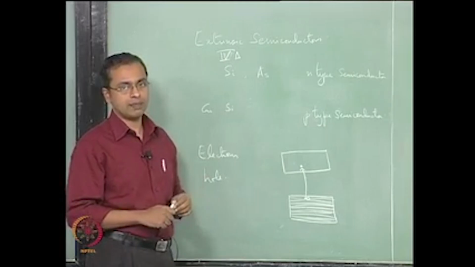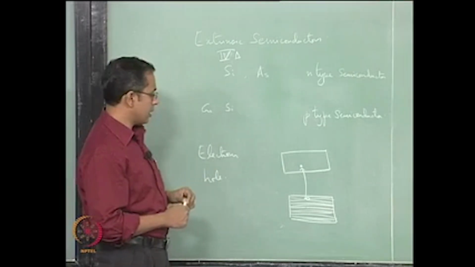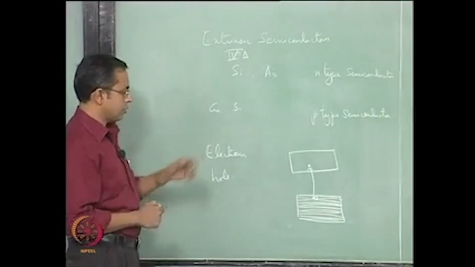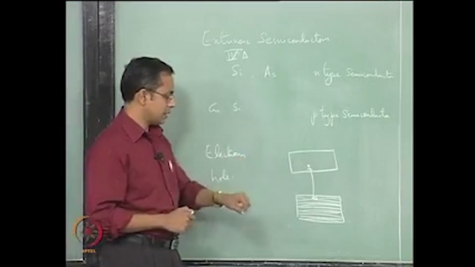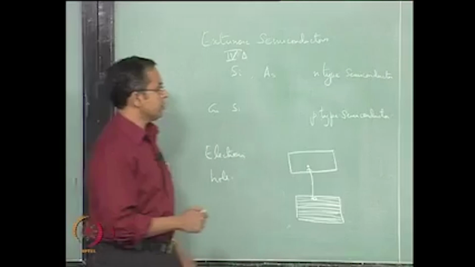So this is what we are looking at in terms of the possibilities of an electron being present at some location and a hole being present at some other location. So now, in terms of conductivity,